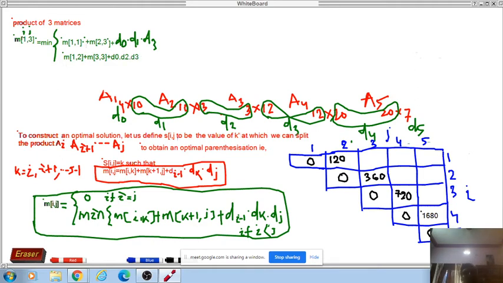Is this formula clear or not? When I am finding the product of 3 matrices, my positions are 1 2 3. So how many cases will there be? If it is a1 into a3, obviously 2 cases. Because if I multiply a1 into a2, the result will be multiplied with a3. This is one case. Or first multiply a2 a3, and the result will be multiplied with a1. So you can see there are 2 cases.